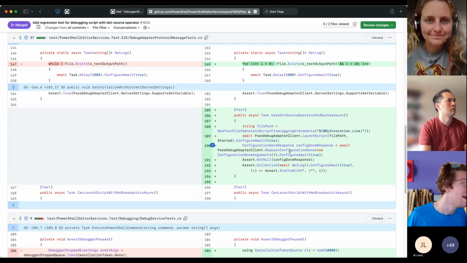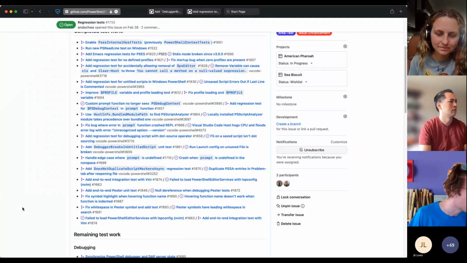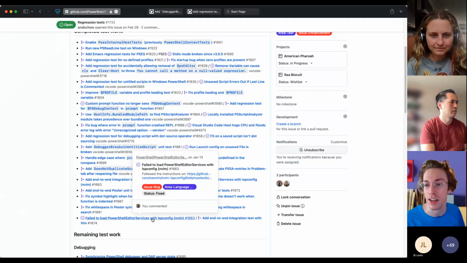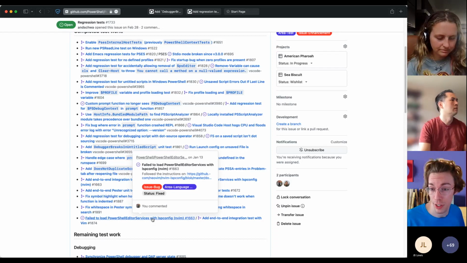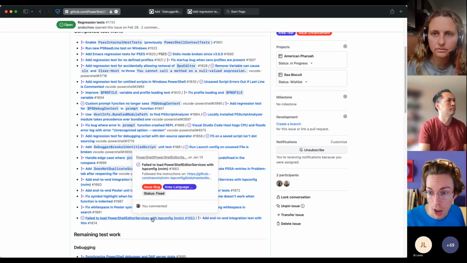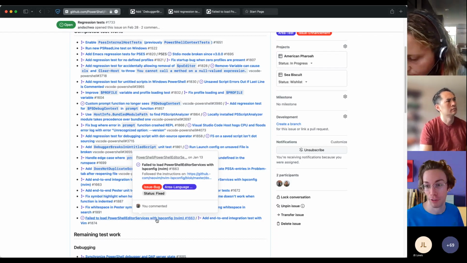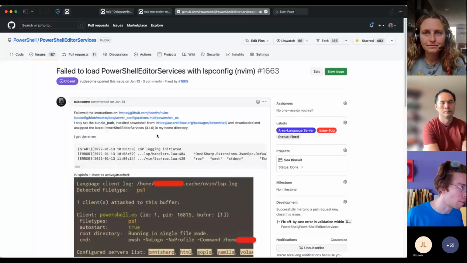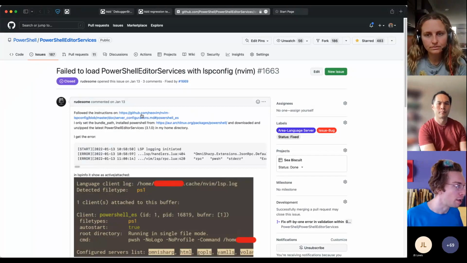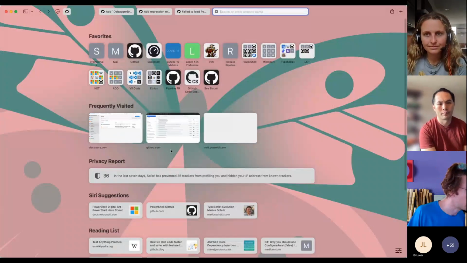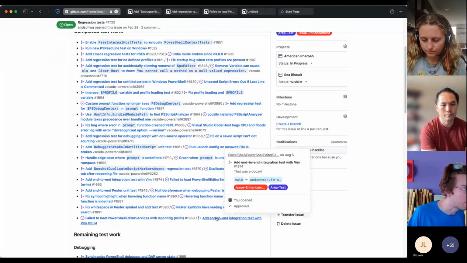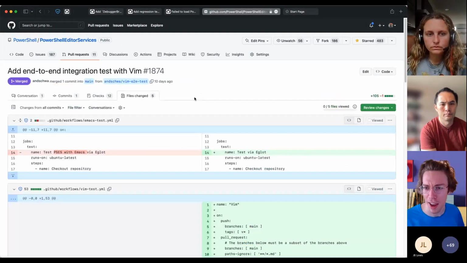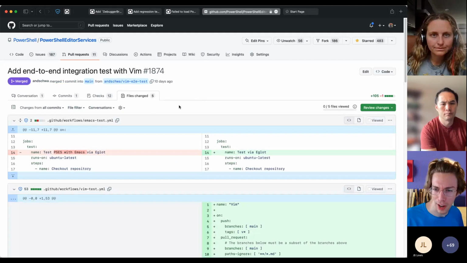Talking to myself there. And the very last one I want to demonstrate is, I think the last time I got to demo, we had an end-to-end test for using editor services with Emacs in a third-party client. I've also added one for Vim. This was actually the one that came through as a user request. It was somebody using NeoVim, and let me get to the actual test there. I think it was Jim Truer the other day who said, hey, I use PowerShell and Vim. Oh, I can get that set up.